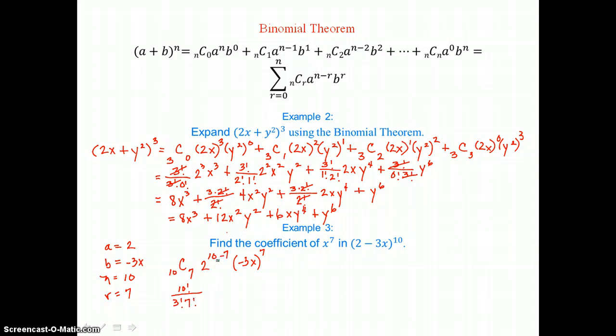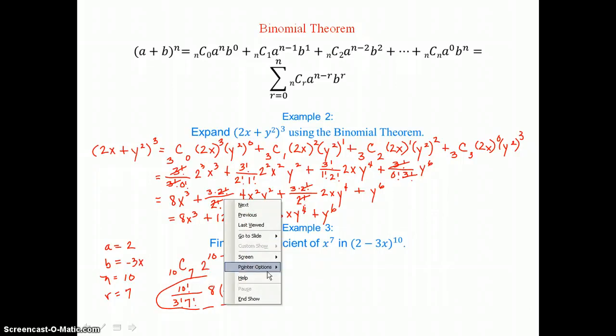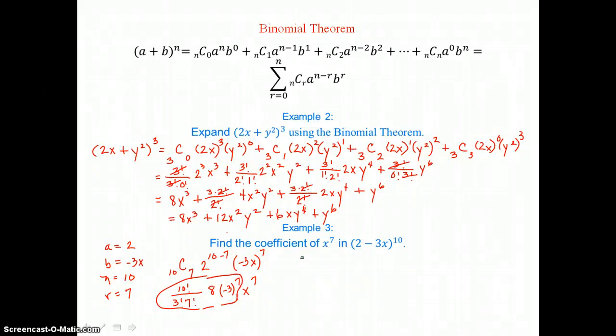10 minus 7 is 3, so we have 2 cubed here, which is 8. And then we have negative 3 raised to the 7th power, x to the 7th power. So you can see that if we want the coefficient on x to the 7th, then we're going to simplify what we have here. So simplifying, expanding that factorial in the numerator, we have 10 times 9 times 8 times 7 factorial. In the denominator, we have 3 times 2 times 1 times 7 factorial. We have 8, and we have negative 3 to the 7th power, which has a value of